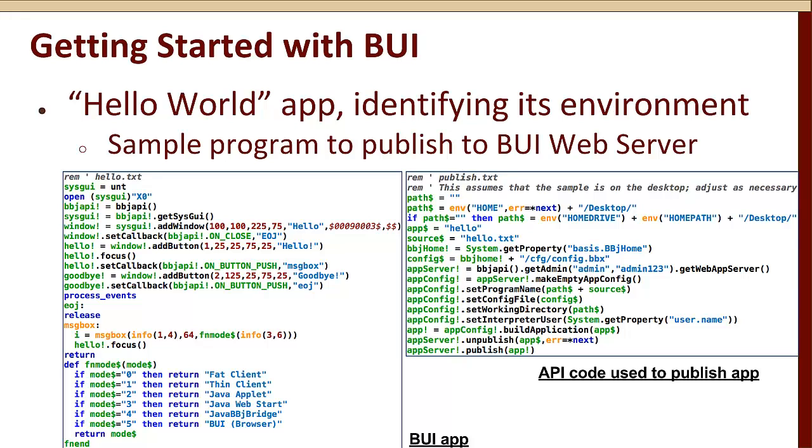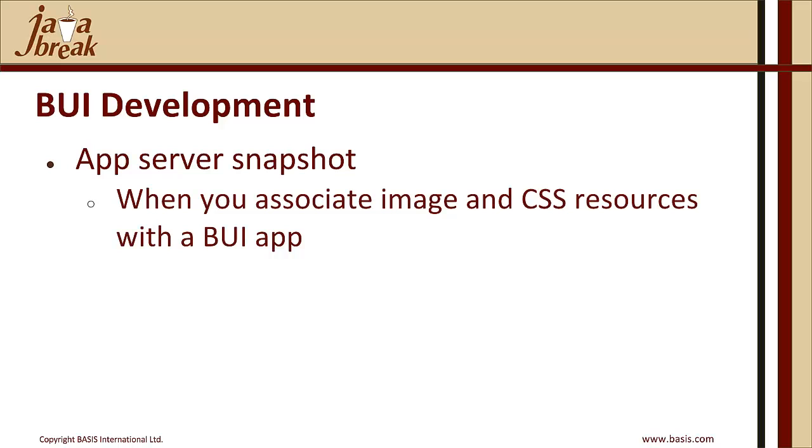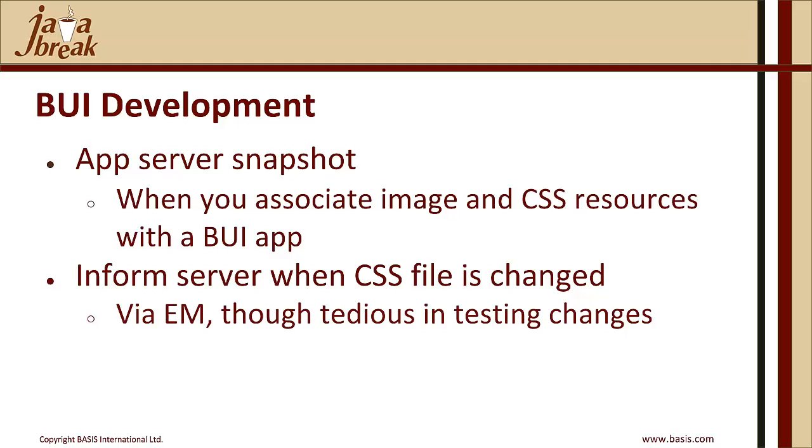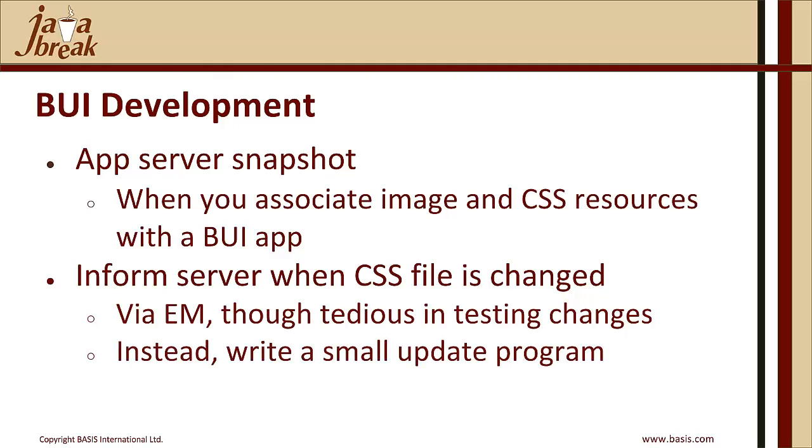The sample code is available to you in the last Advantage magazine. One of the other considerations, of course, is that the app server will see a snapshot of what has been published. So when you associate an image and CSS resource with the BUI app, it gets you that snapshot view. And you can then, via the API, inform the server when the CSS file is changed. You could do it via the Enterprise Manager, but that would be tedious. Instead, you can write a small update program that can run with every edit to CSS or a change to